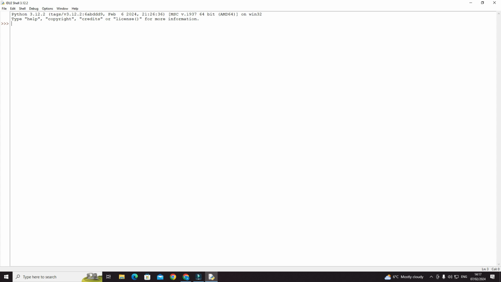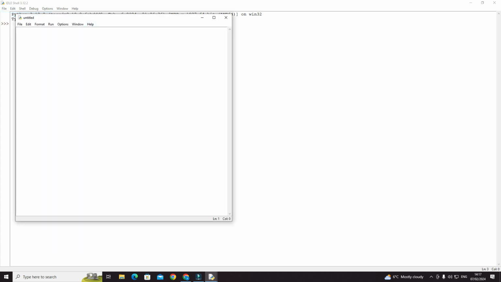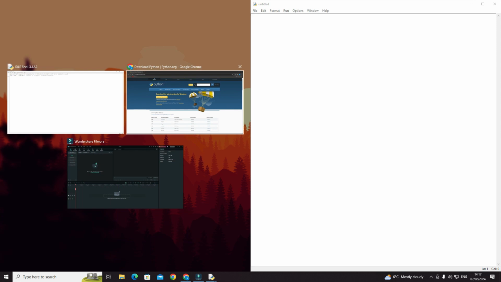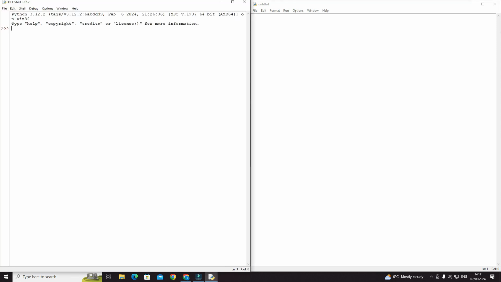However, the real coding happens in the script editor. This is where you'll write and save your Python programs. So just to show you a quick example in this first episode, if we go to File and New File, this is where we'll be doing our actual coding, and this is where we'll be running it, and it will show up on the left here